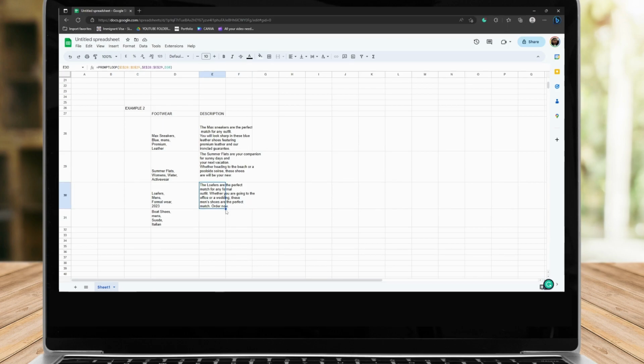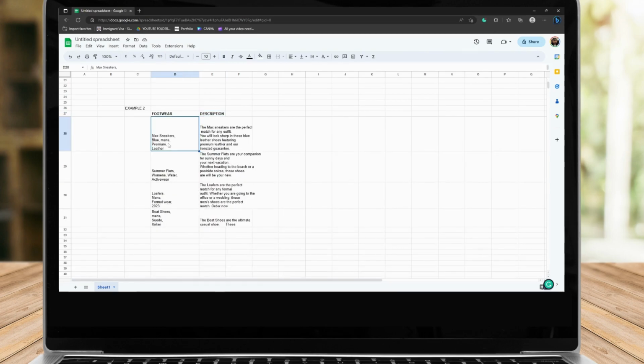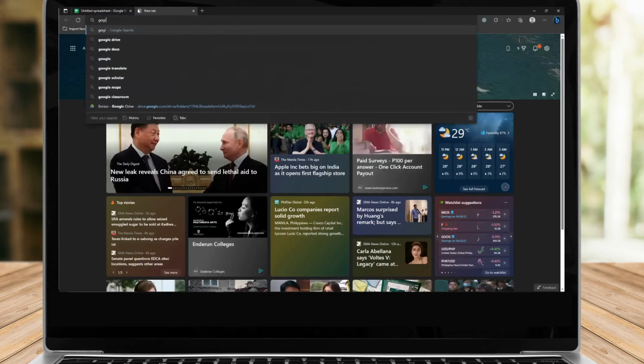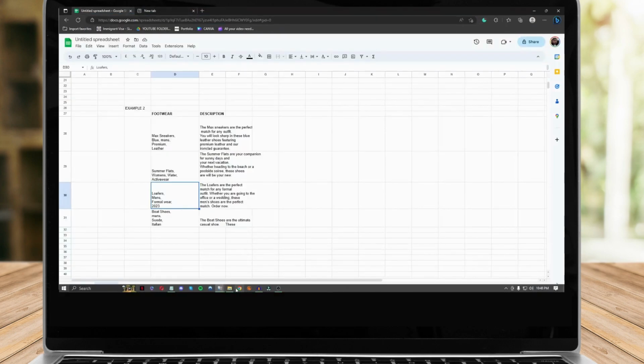Now once I have this formula already, I'm just going to drag this down right here. It's going to describe boat shoes, men's, suede, and Italian. The boat shoes are the ultimate casual shoe, and so on and so forth. So the method I taught you right now will help you ease the burden on your sales or any blogs that you want. As you can see here, you don't have to search Google for anything for the description. The AI will help with that for you. So anyway, that's how you use AI